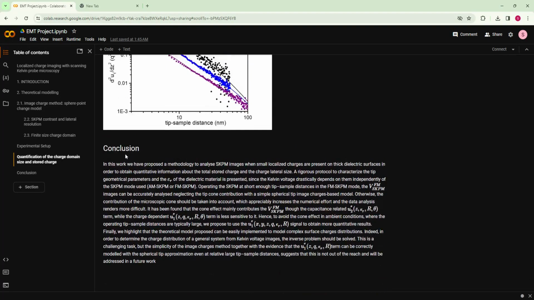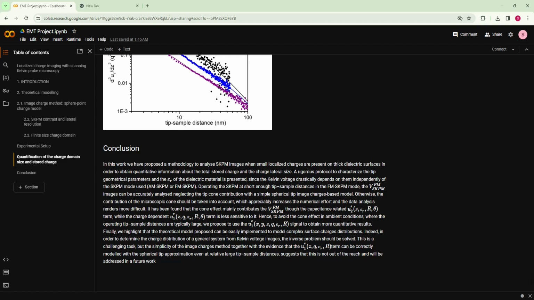So, the conclusion. In this work, we have proposed a methodology to analyze SKPM images when small localized charges are present on thick dielectric surface in order to obtain quantitative information about the total stored charge and the charge lateral size. A rigorous protocol to characterize the tip geometrical parameters and the epsilon r of the dielectric material is presented. So, since the Kelvin voltage drastically depends on them independently of the SKPM mode used, AM SKPM or FM SKPM,